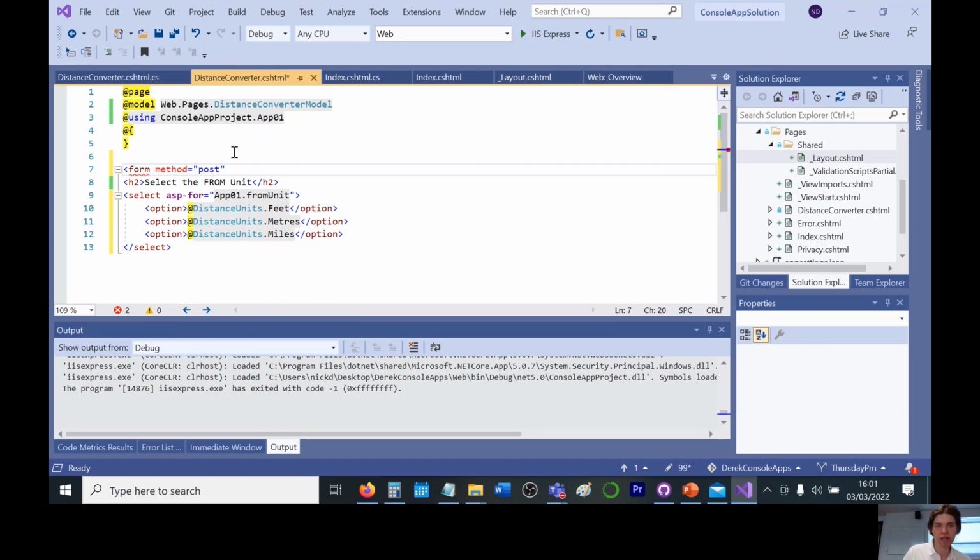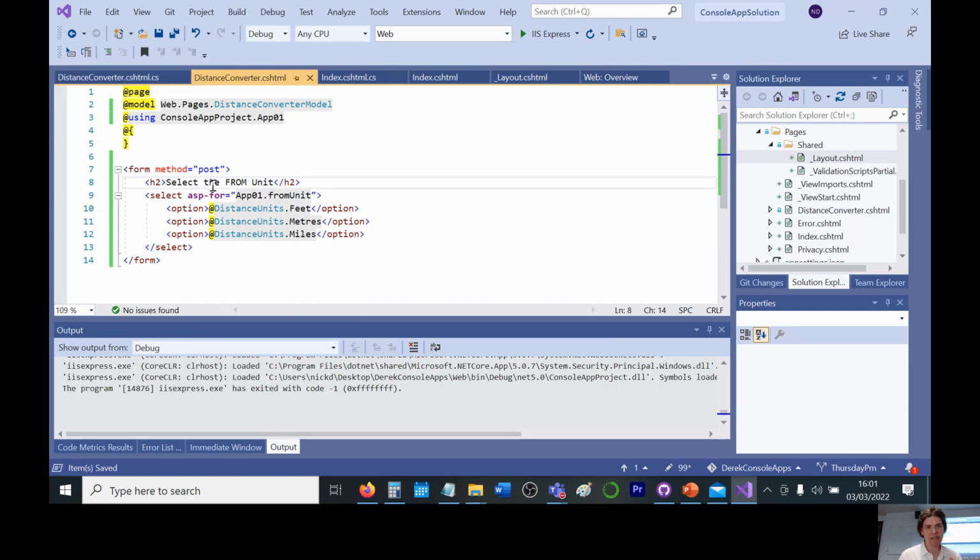form method post. It needs to be post. So set that up, and then you're going to want to move the tag there. There you go. So select the from units, and then at the end we're going to need a button as well, aren't we? We're going to need a button,